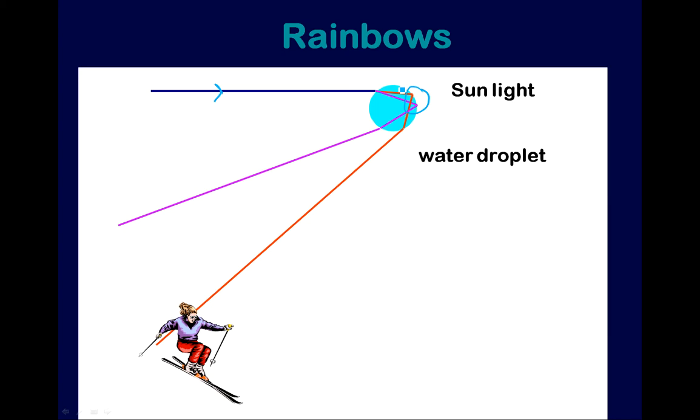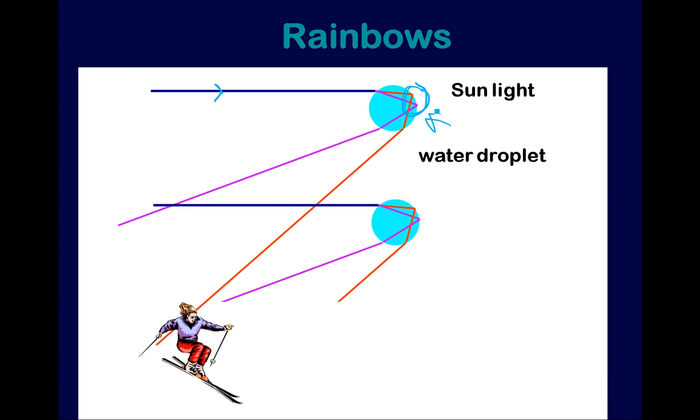So the colors get bent slightly differently depending on exactly how they enter, and they'll oftentimes have internal reflection. They bounce off the back end of the water droplet, and when they bounce out, they come off in different directions. So here this skier sees the red reflection from this particular drop, and then from this second drop here,